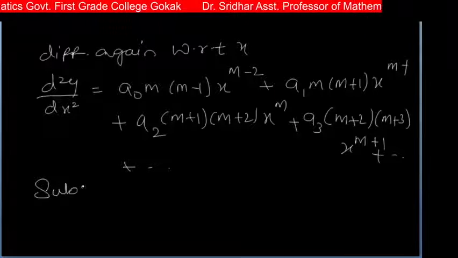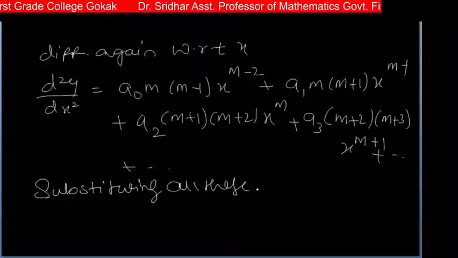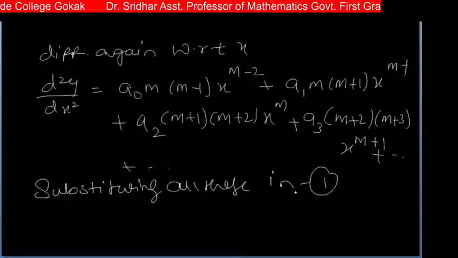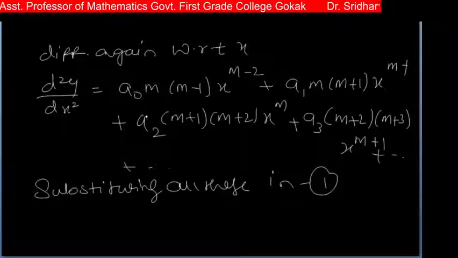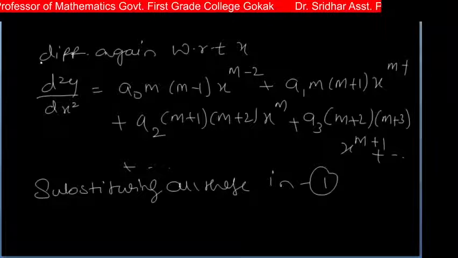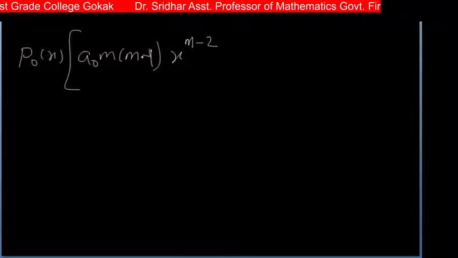Now substituting all these in 1, we get p0 of x into d square y by dx square, which is a0 m minus 1 into x to the power m minus 2